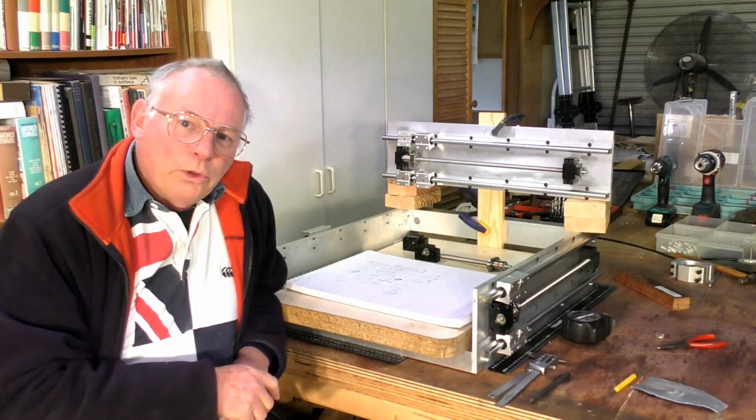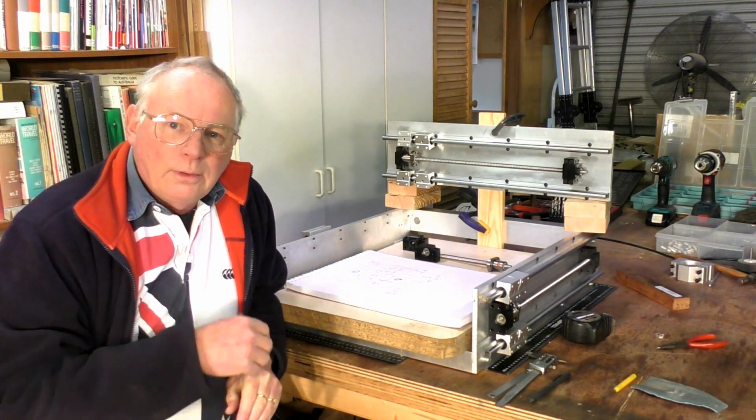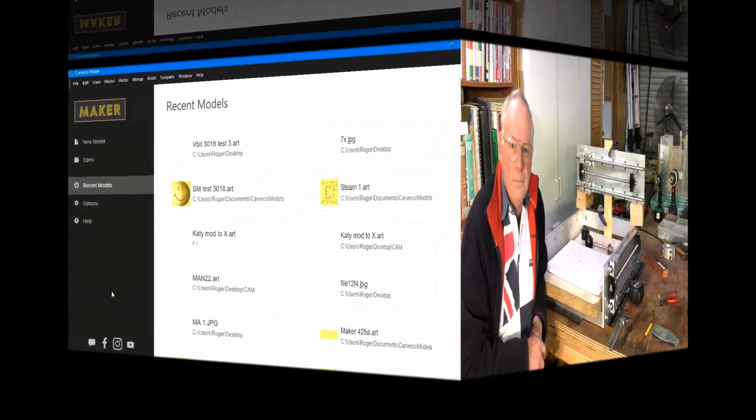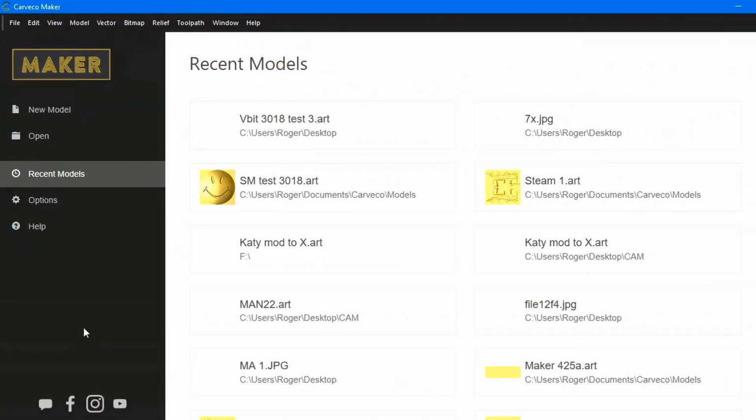So we'll jump into screen capture with Carveco Maker. Okay, so here we are in Carveco Maker. So we'll start by